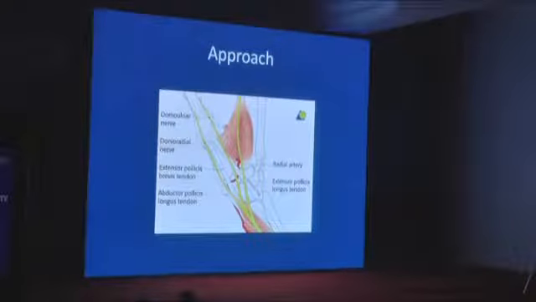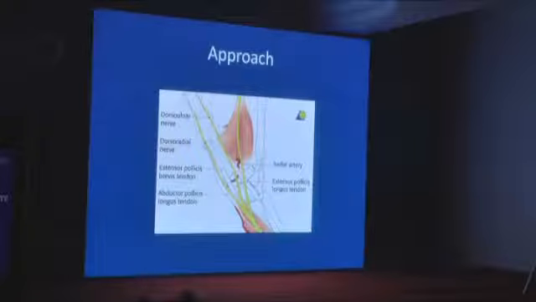So get movements. So for that you need to open. When you need to open, you need to understand that the branches of the superficial radial nerve are so thin and just under the skin. So as soon as you cut the skin, you need to look for it, and once you look for it, you can see the 2 branches going on both sides of the extensor pollicis brevis and one of them going across the abductor pollicis longus. So there will be 2 or 3 branches, and once you see them, protect them, and then you can proceed.